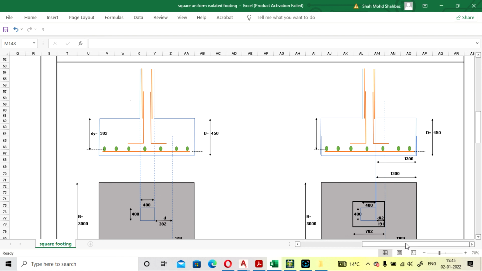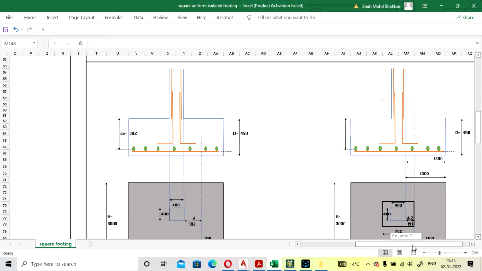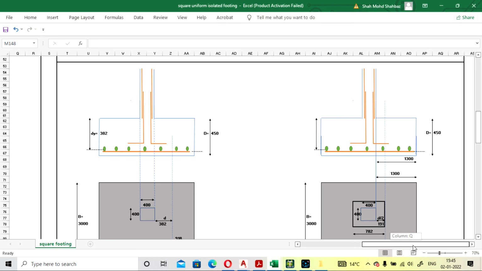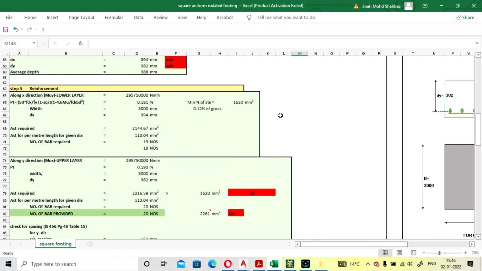It is also a difficult task to change or repair the footing at site. So you have to go with this to reduce cracks in the column. So please follow this method for the lapping. So here it is done.